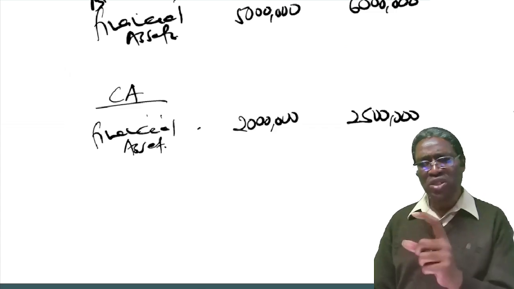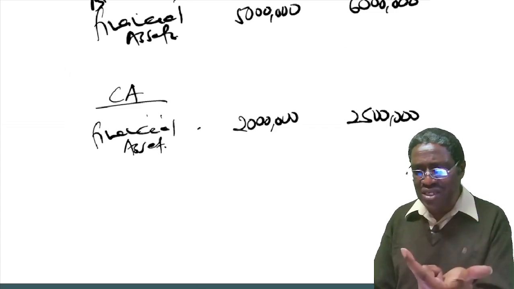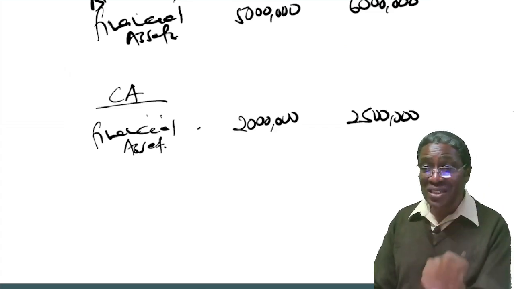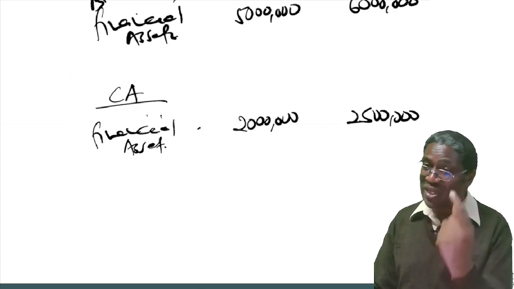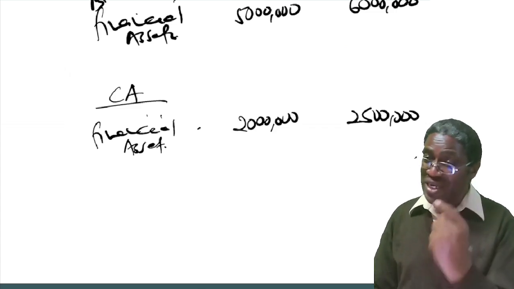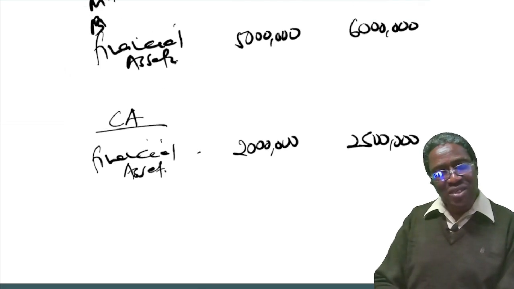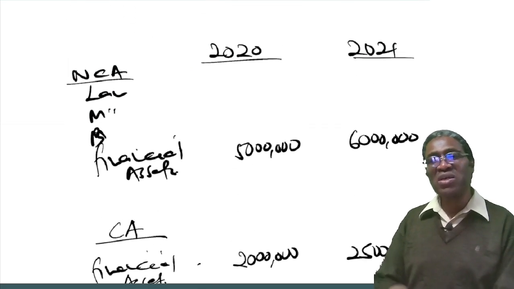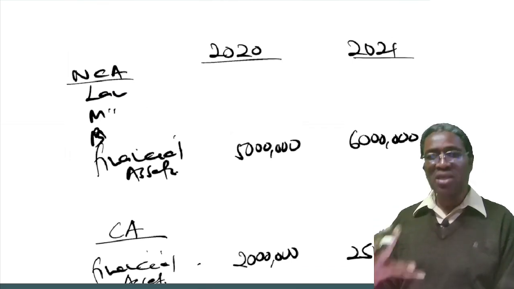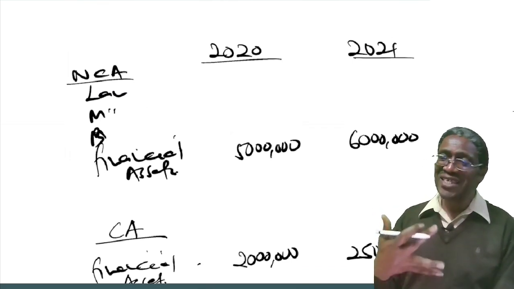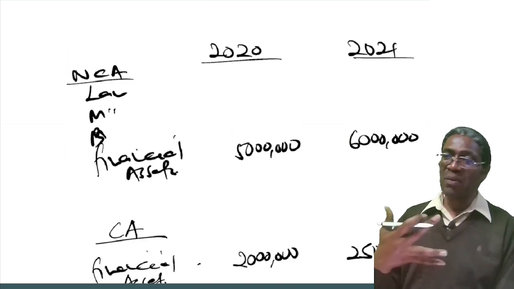But the question is, how do you treat financial assets that are under current assets? You will remind me next time. For now, I'm just discussing how to treat financial assets that are among the non-current assets or among the fixed